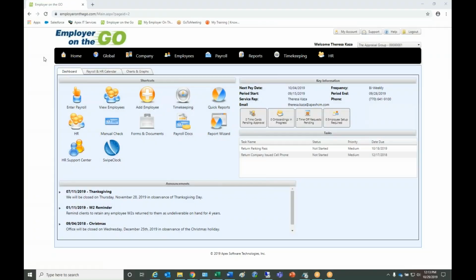This video will show you how to enter hours and pay information in Employer on the Go utilizing the Enhanced Pay Grid. Depending on the level of access granted by your payroll company, you may or may not have access to all the features discussed in this video. On the dashboard page, begin by selecting either the Enter Payroll icon or by selecting Payroll, Enter Payroll